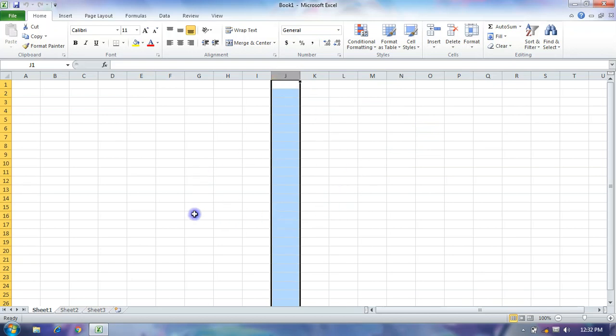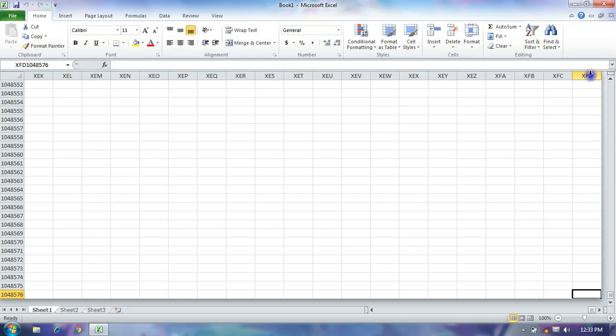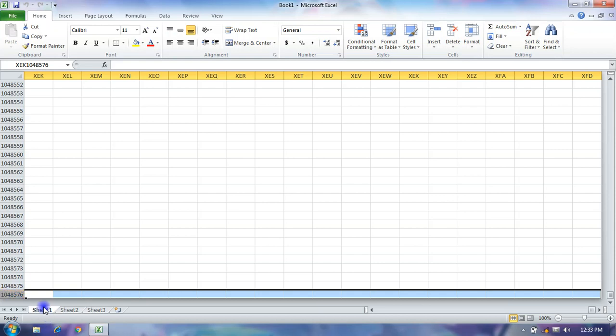We count columns from A to XFD, and rows from 1 to 1,048,576. So these are the total number of rows and columns in one worksheet, so you can enter a large amount of data.